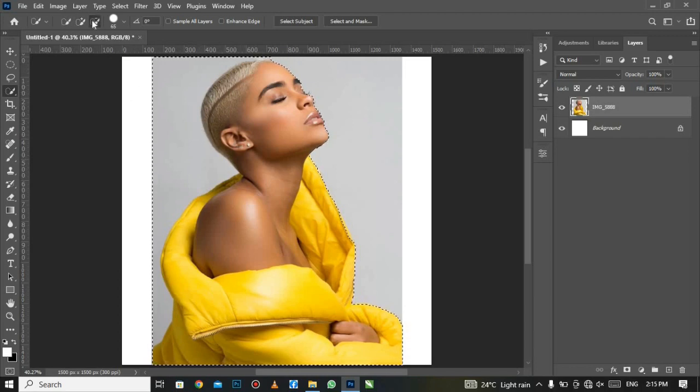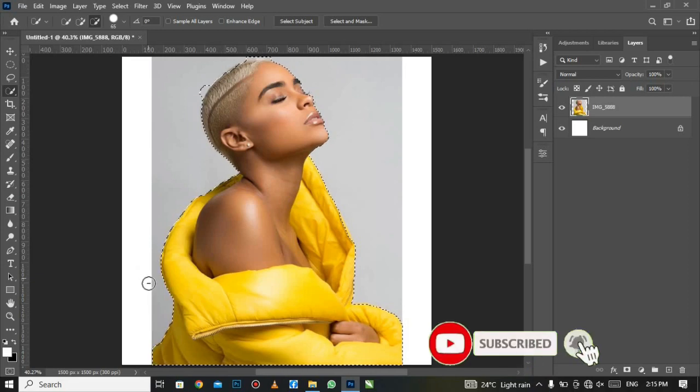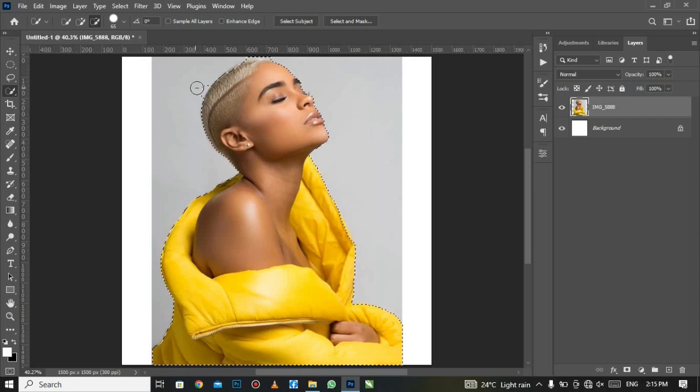Sometimes your selection may go out of range. Just select the minus one. You can use it to bring the selection back to the model. I think you are seeing what's happening now. I'm using it to bring it back to the model, just like this, using the minus one. So let me just make a perfect selection because it goes out of range from here. Then when you are done,